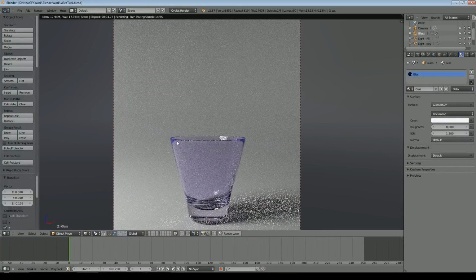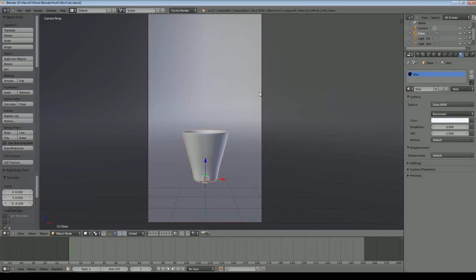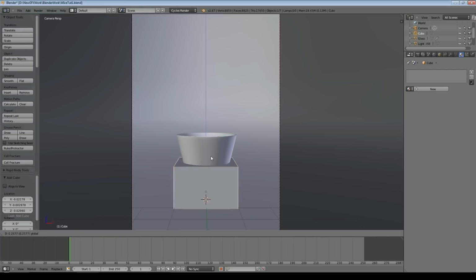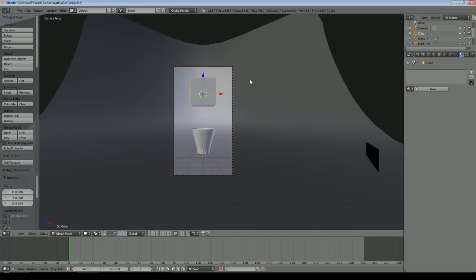And we'll put the IOR up to about 1.5. So we just get a subtle colouring either side here. So that's our glass made. That's very easy because we've got a default material already in Blender. We're in cycles mode, of course. So the next thing I'll make is the ice cube.